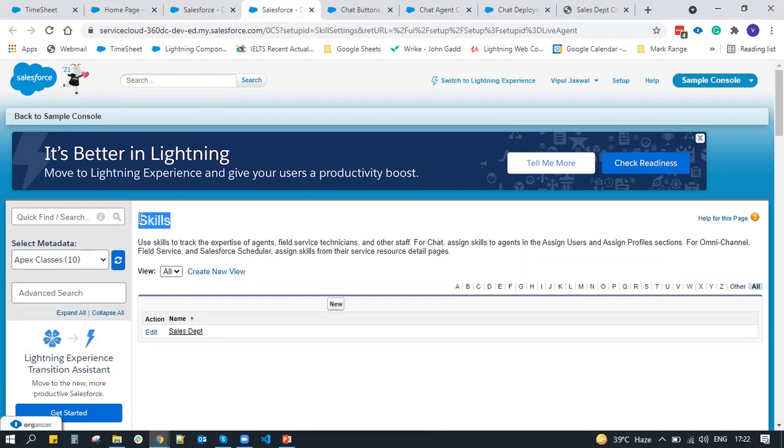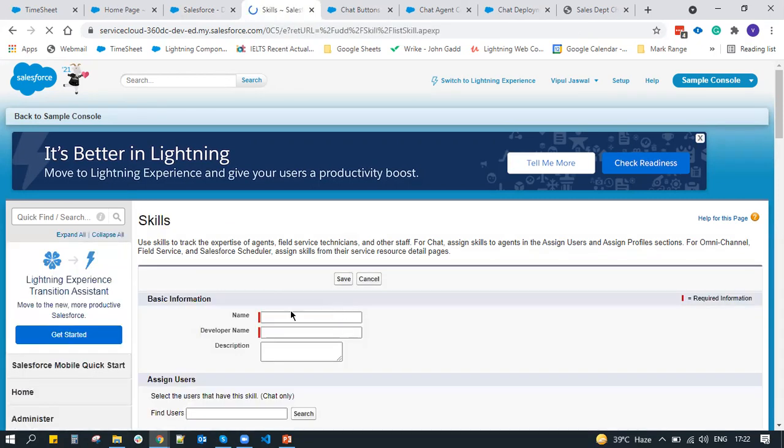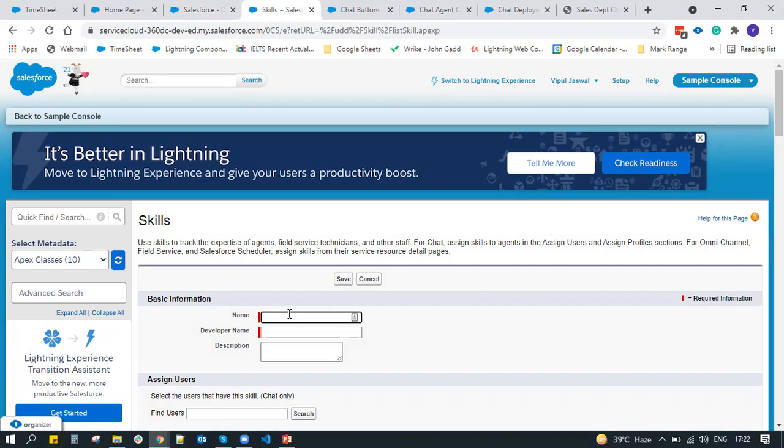As I told you, in an organization there could be multiple kinds of team members who will be working on multiple types of skills. Like for example, some workers will be working on the apparel, some on the grooming products, and the other one will be working on the denims, right? So on the basis of these skill sets, you need to generate a new skill. Let's create a skill for the service agent. So right now we have sales agent. Now I am creating a service agent skill set.